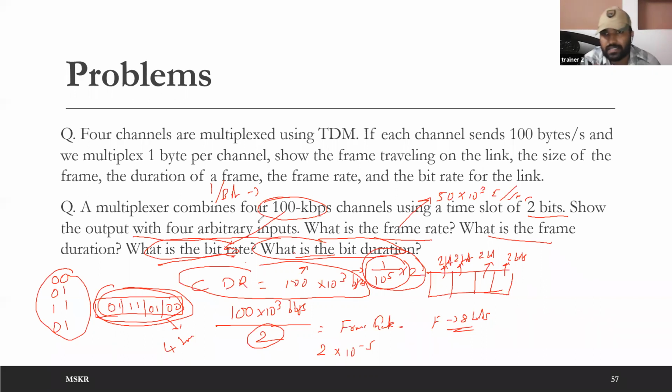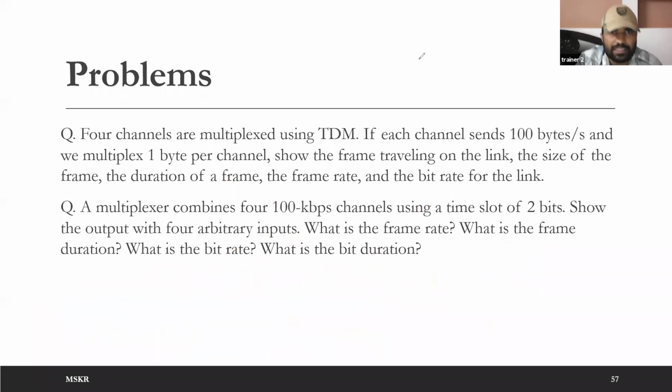You will only be able to solve these questions if you practice more. So you can go through the textbook or Google. You just need to give the right search words, like examples on synchronous TDM, or example problems on synchronous TDM. Or you can go through the Forouzan textbook, the second textbook that I uploaded into the LMS. If you go through more and more questions, you will understand how these things actually work. So this is about synchronous TDM.